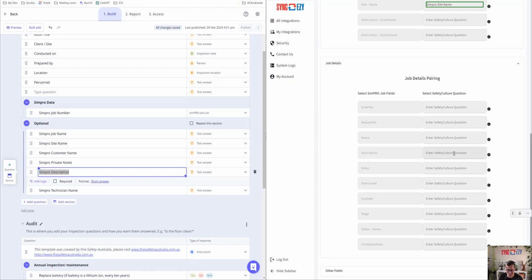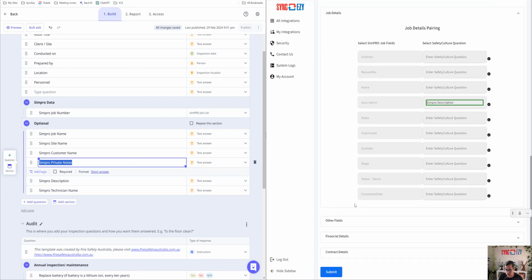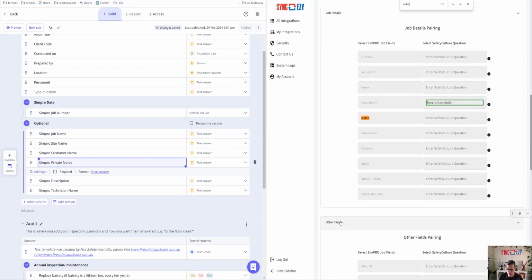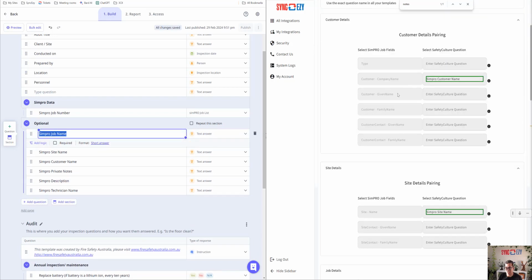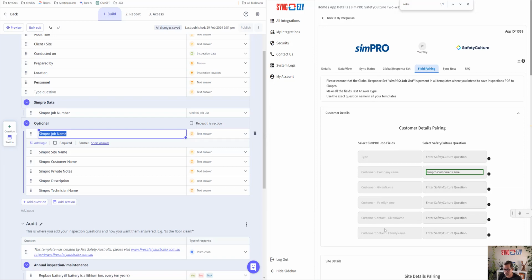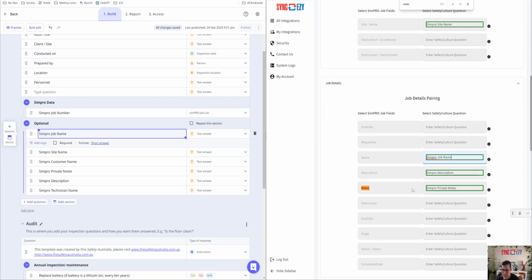Basically, we need to make sure that the question from Safety Culture has been copied against the field in SimPro. Private notes. Okay, that's the notes field. And we've got a job name. I think the job name was already done. Job details, order number, job name. So now as you can see, we've paired about 1, 2, 3, 4, 5 fields, but there are so many